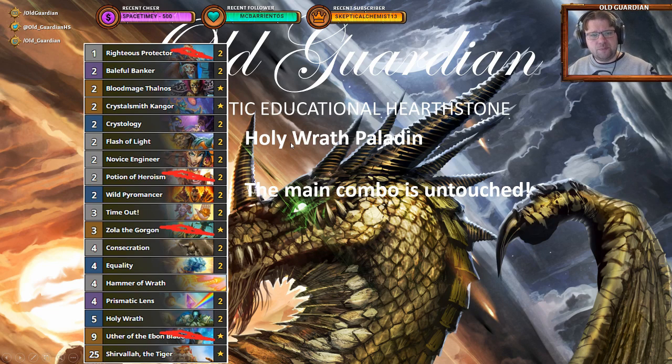But as you can see, the deck maintains most of its core cards, it maintains most of its draw. Crystology, Flash of Light, Prismatic Lens, Hammer of Wrath, Holy Wrath, all of that is still there, and the main combo is completely untouched. You can still Baleful Banker your Shirvala back into your deck, and you can then shoot Shirvala from the deck with Holy Wrath. And you can still do that on 2 consecutive turns for 25 damage plus 25 damage. So this is one combo deck that is going to survive, or at least its combo is going to survive